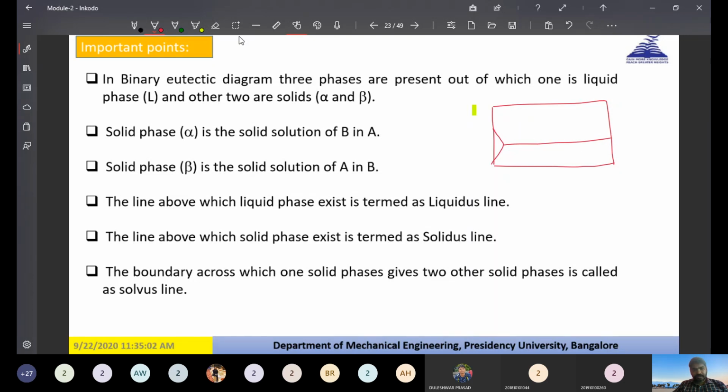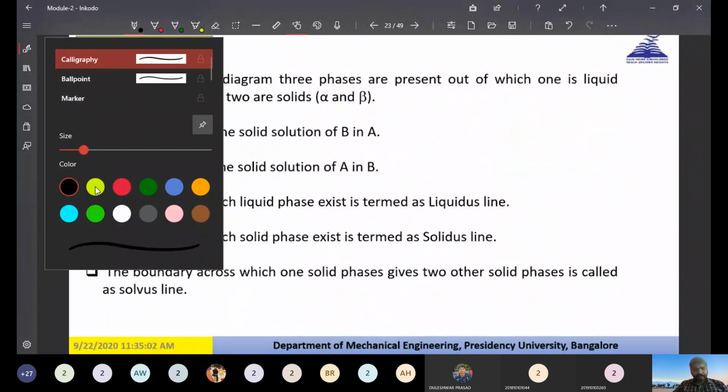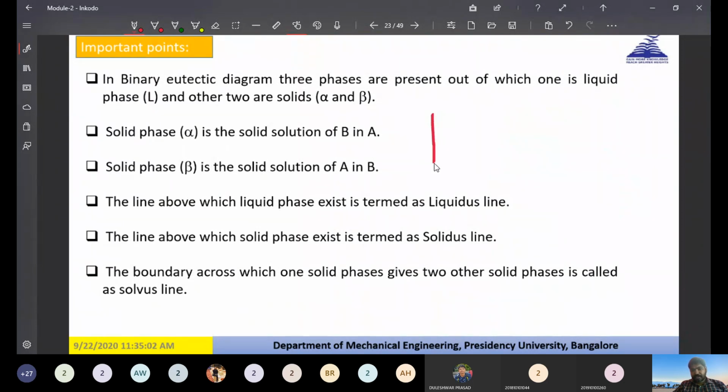This is incorrect. You have to be very, very careful while drawing this phase diagram. You simply have to remember this diagram so that you can point out each and everything. Simply draw this type of diagram, and if you know this is the solidus line, then you can tell that this line is where one solid phase separates one liquid and another solid phase. So you have to remember this diagram rather than remembering all these things. Let me move forward.